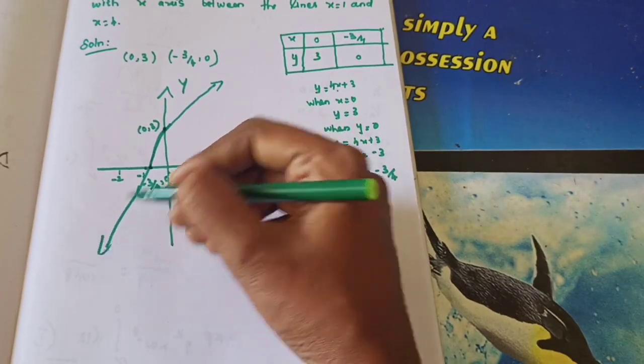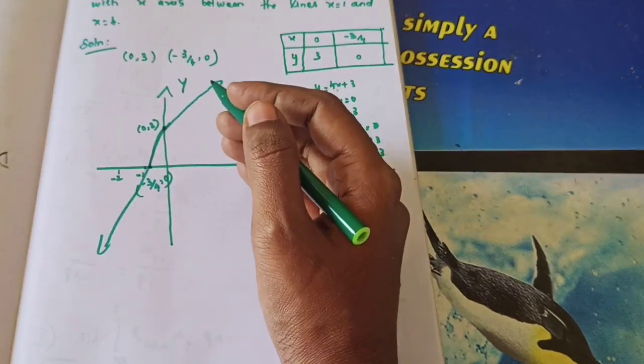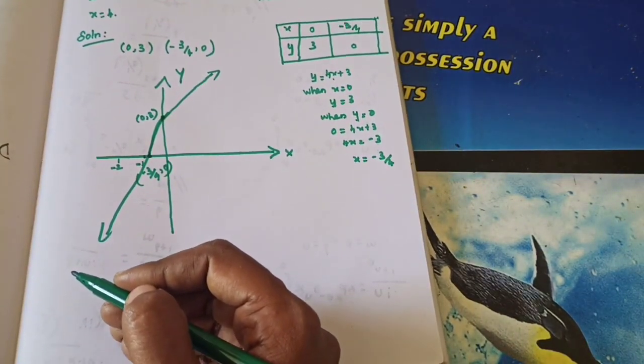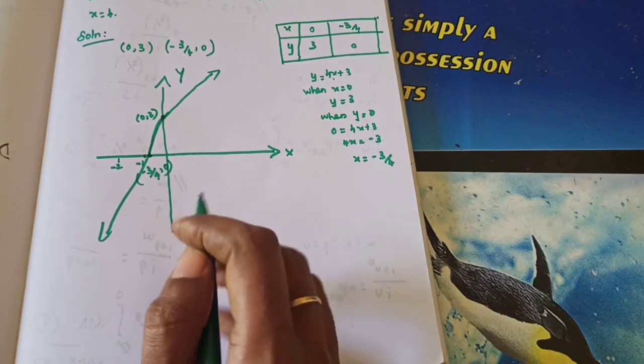Please draw by using a scale. Okay. I am drawing somewhat slantingly, so please draw by using a scale. Then only it will be correct. Okay. We draw by using a scale. Now,